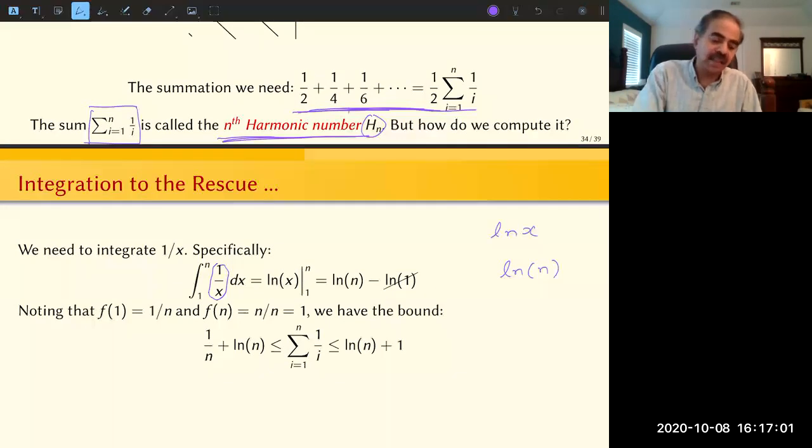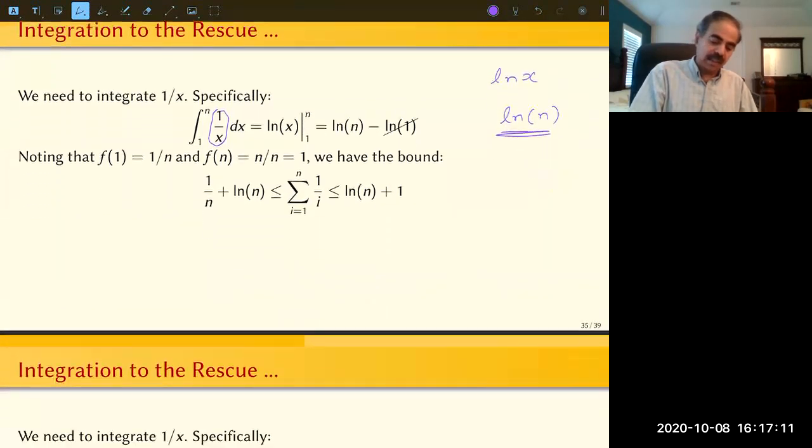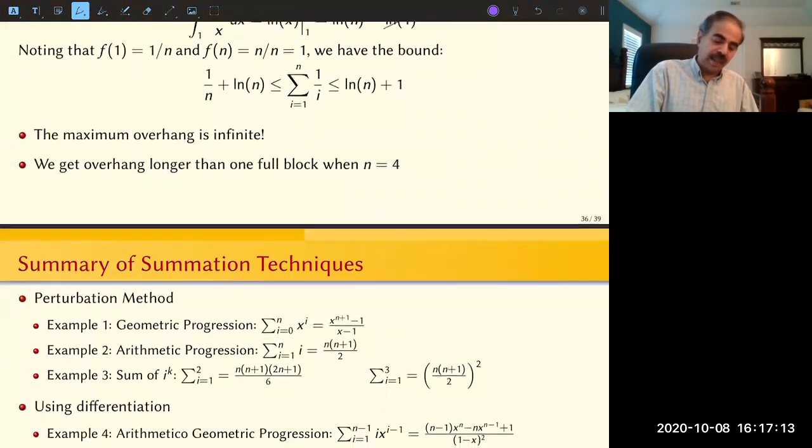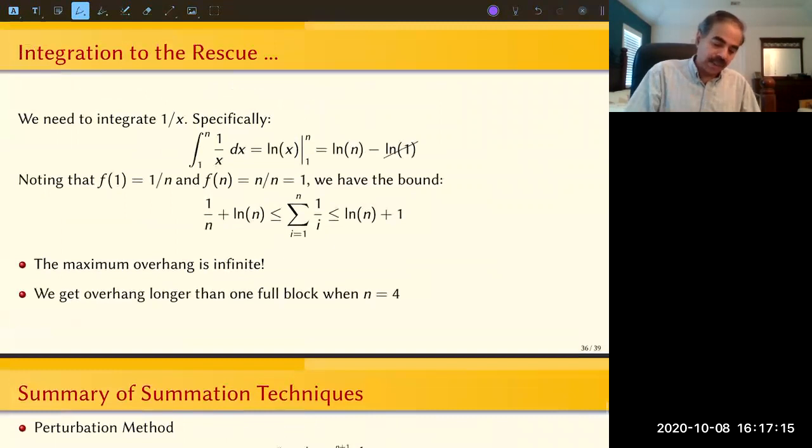So if you have n terms, then it's going to be the natural logarithm of n, which is very interesting because what it tells you is that